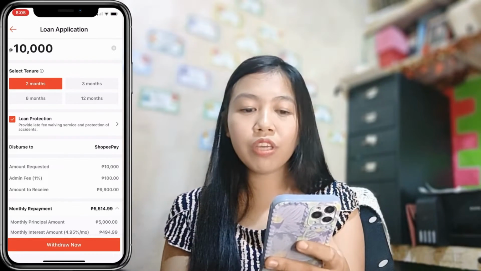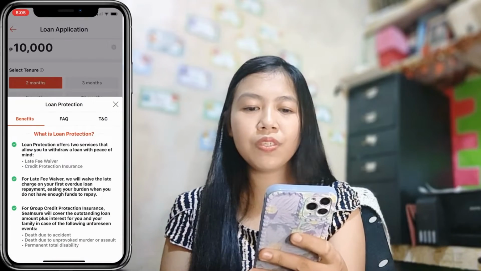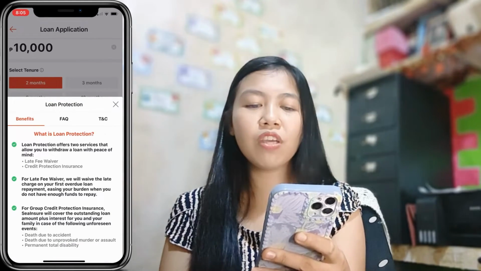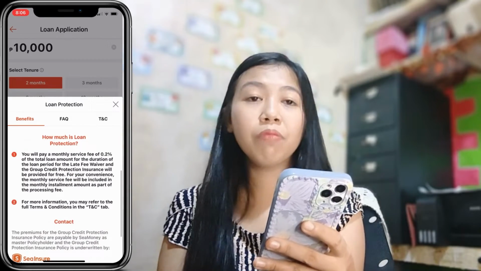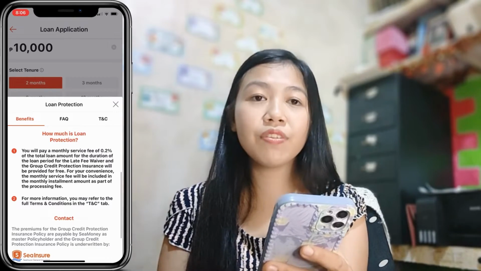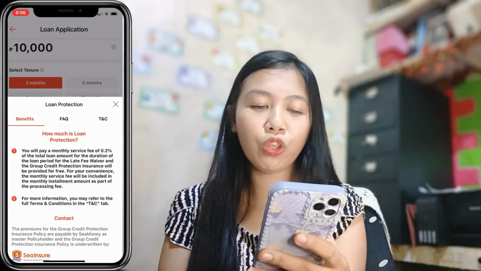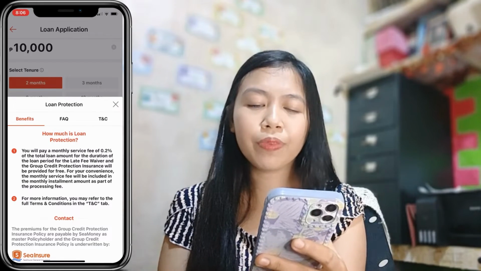And we do have here loan protection. This is to provide late fee waiving service and protection. How much is loan protection? You will pay a monthly service fee of 0.2% of the total loan amount for the duration of the loan period.